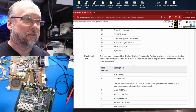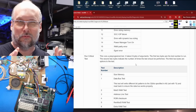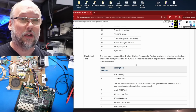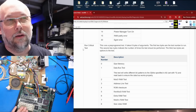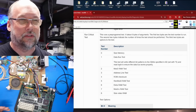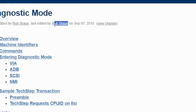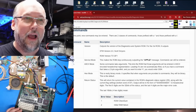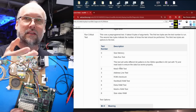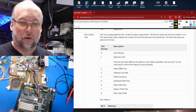Now, this document has a lot of good information, but unfortunately, what I found through testing the working SE30 motherboard is that a bunch of it's not really relevant to the SE30. Like, these are things that don't even run or work or are applicable to this machine. But beyond that, when it comes to the critical tests that you can manually run, and here's a list of them here, size memory, and data bus test and stuff like that, I don't even think this stuff is necessarily correct, because I think Rob Braun, who was creating this document back in 2015, was kind of guessing at the functionality of this based on communications that he observed between the TechStep and a Macintosh under test. And it was not an SE30, so I think some of this stuff isn't even applicable,